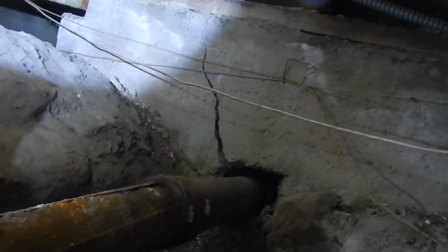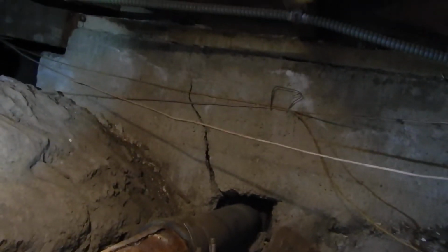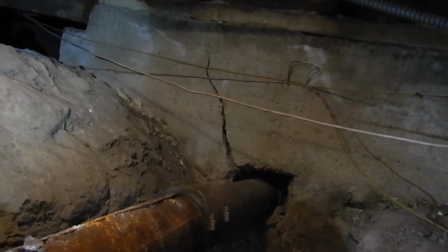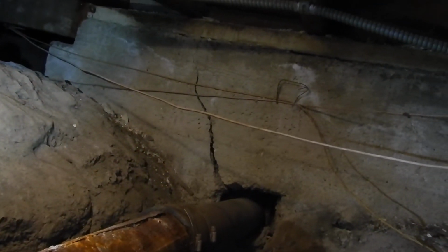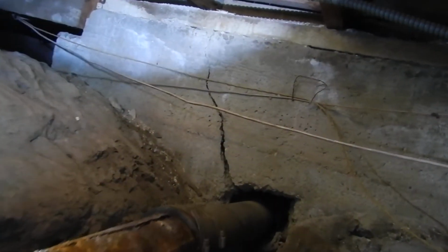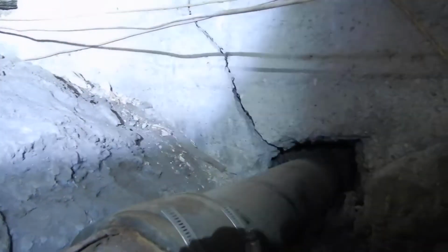Okay, inside a crawl space right now, and right above this area is the front entrance to the house, and there's a 2-inch drop in the floor within 10 feet. So there's a very significant dip, and then I come down under this area, and now what we're seeing here